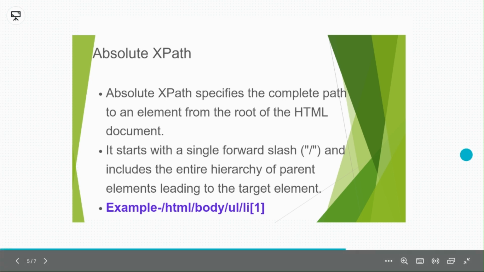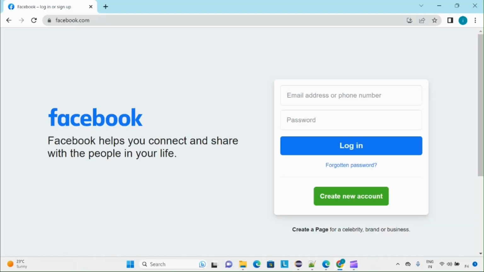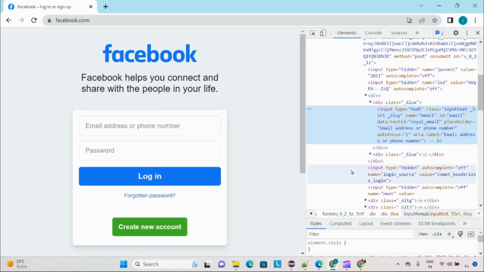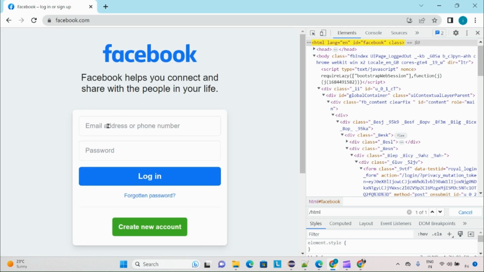So let's understand this on a web page, how to find out an absolute XPath. I will use the same Facebook page, and then I will press Ctrl F to find the XPath. I will type single slash HTML, and it will highlight the root element. If I want to find this email address with the help of absolute XPath,